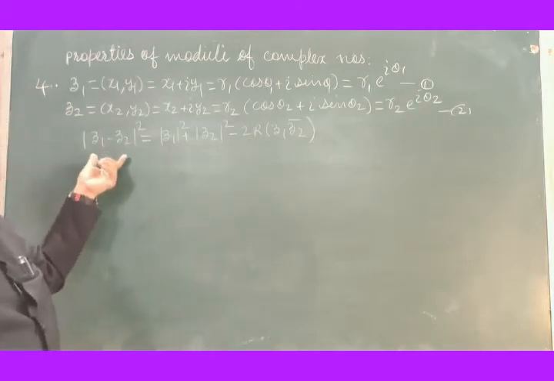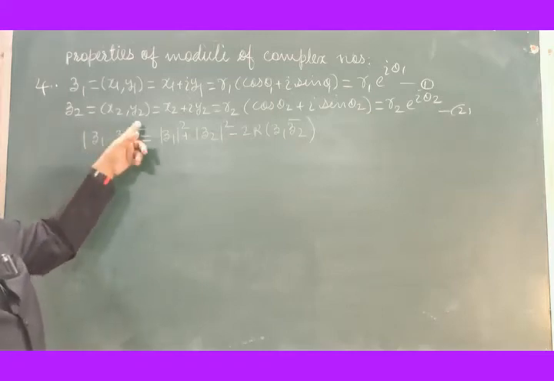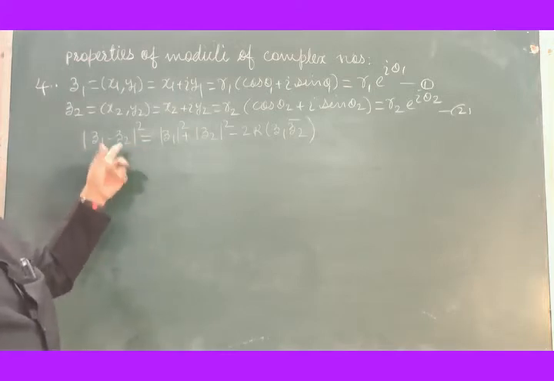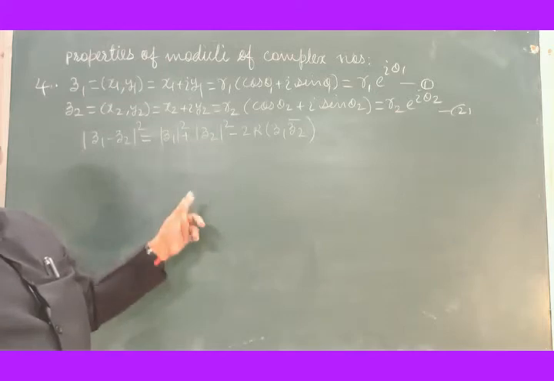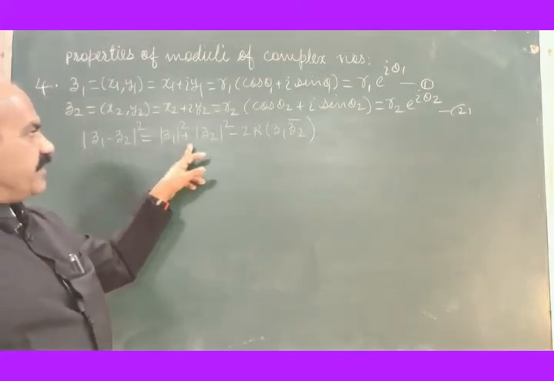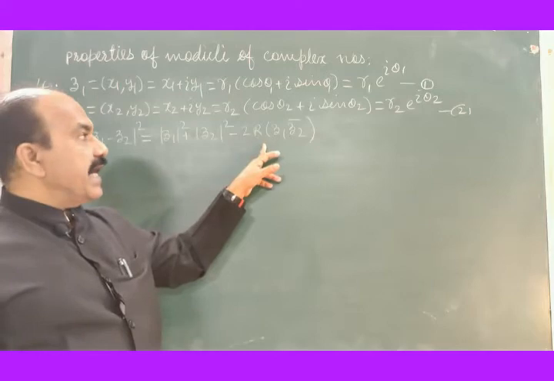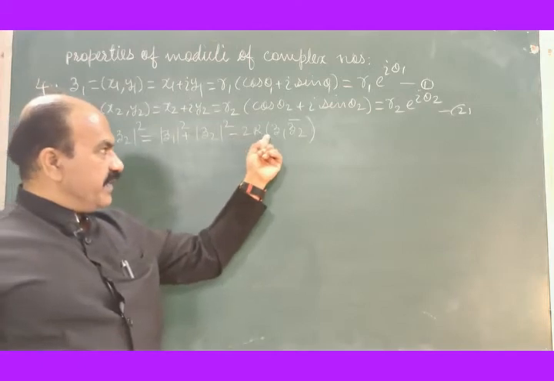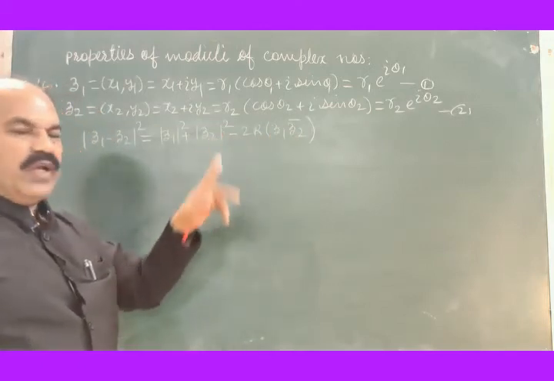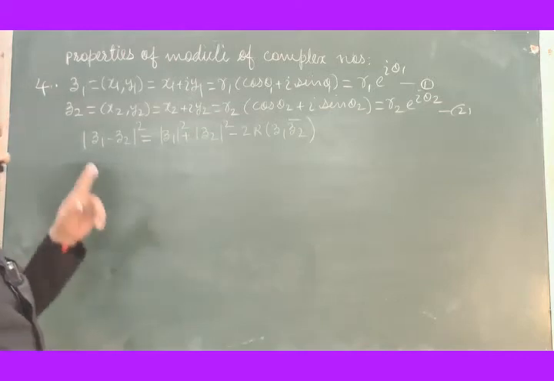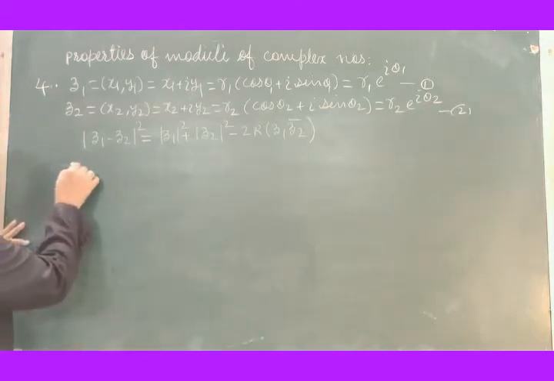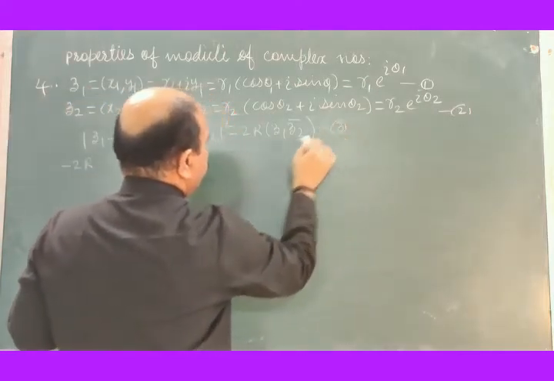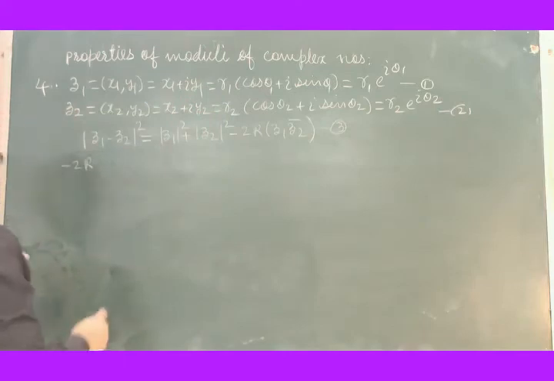Let me write: square of modulus of Z1 minus Z2 is equal to, that is a minus b whole square, a square plus b square minus 2ab, a square plus b square minus 2r times Z1 Z2 bar. Let us try to find the value of this. Actually we already found the value of this, still let us try to find it. Minus 2r, let this be equation number 3. Take the third term, minus 2r